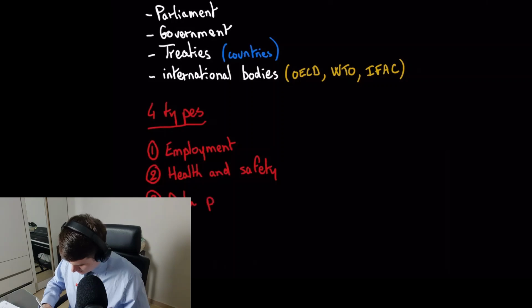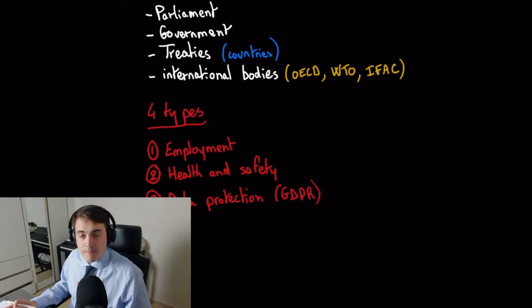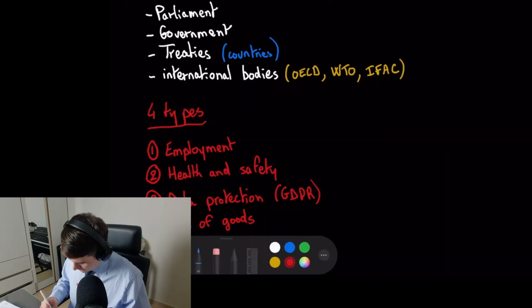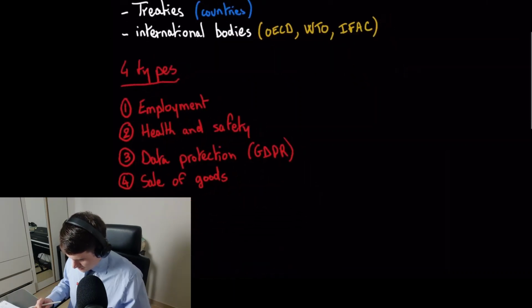Data protection. Especially in Europe, you may know about GDPR, I think it's called, to protect the data of individuals. And then the last one is the sale of goods. So we're going to start with number one, employment first. So let's go